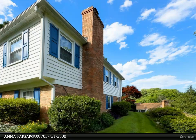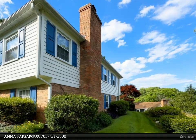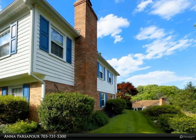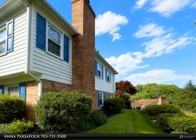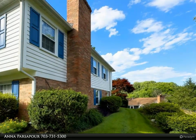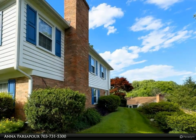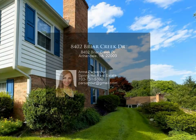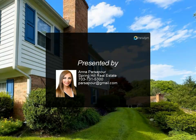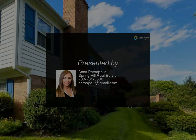George Mason University and Northern Virginia Community College are just minutes away, as are Fairfax Inova Hospital and the Schar Cancer Institute. The neighborhood is close to local parks and trails, including the 40-mile Cross County Trail and the Audrey Moore Rec Center. Located just a mile outside the beltway, residents enjoy shopping, dining, and entertainment options at the Mosaic